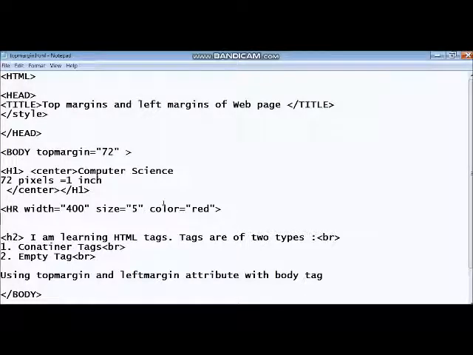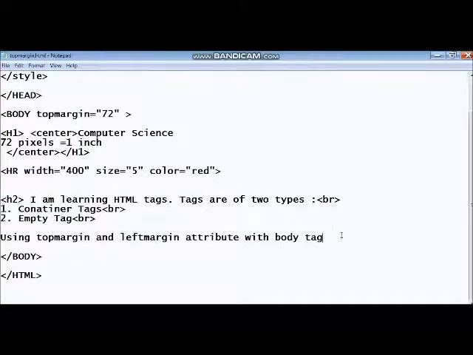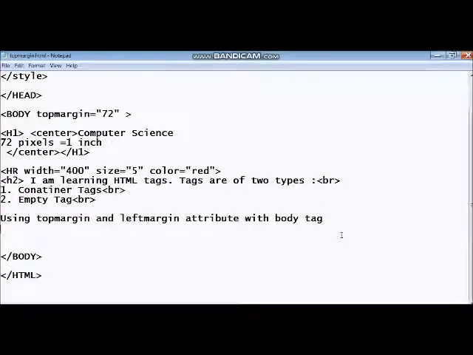Okay, so in this chapter we have covered many tags, and I am going to write here which tags we have covered. That's all, and we will be finishing with this chapter. So first we have used HTML tag. It is a container tag. Then we have used head, then title. These are container tags.